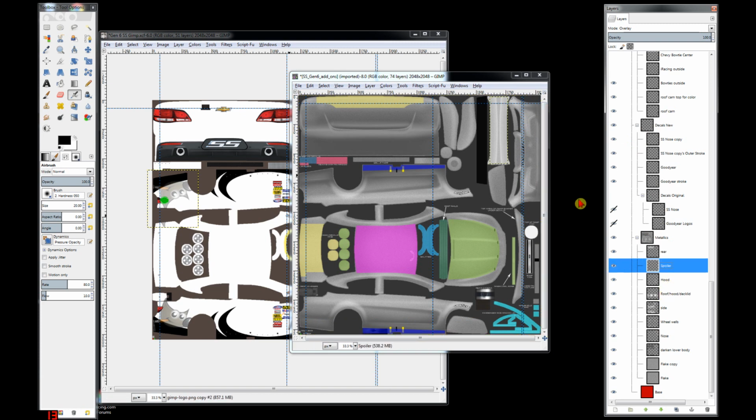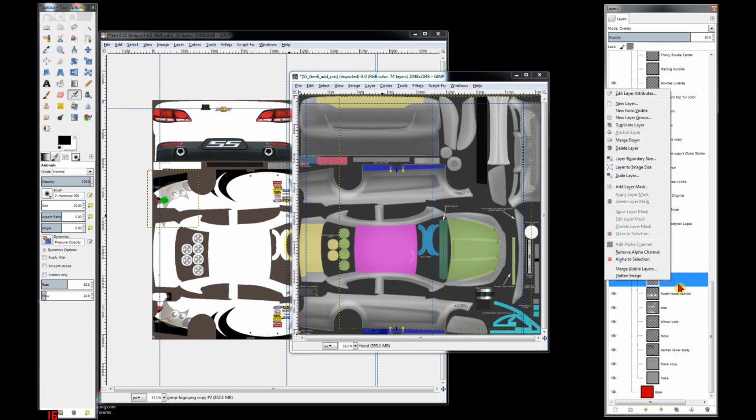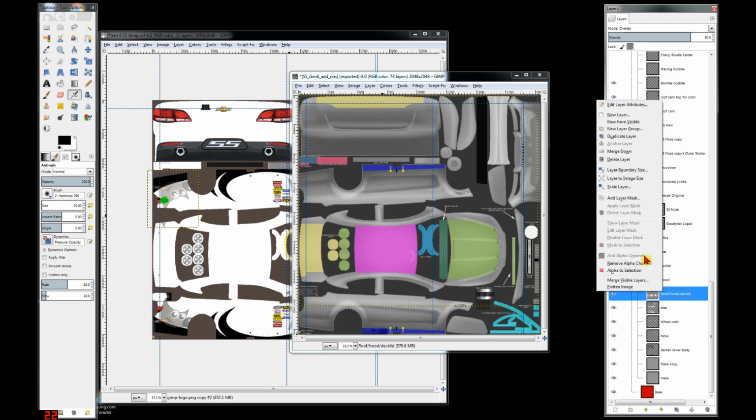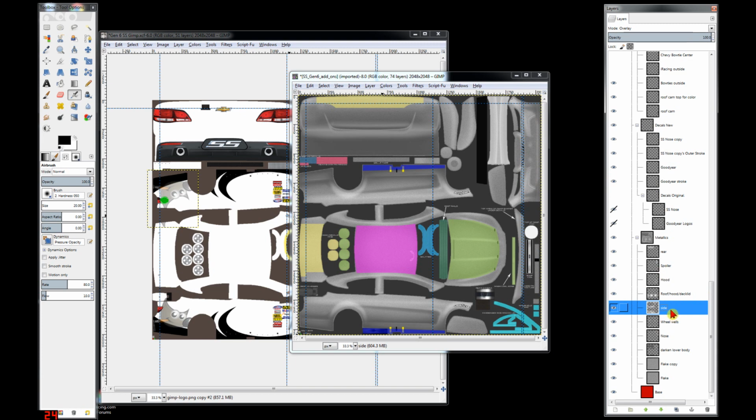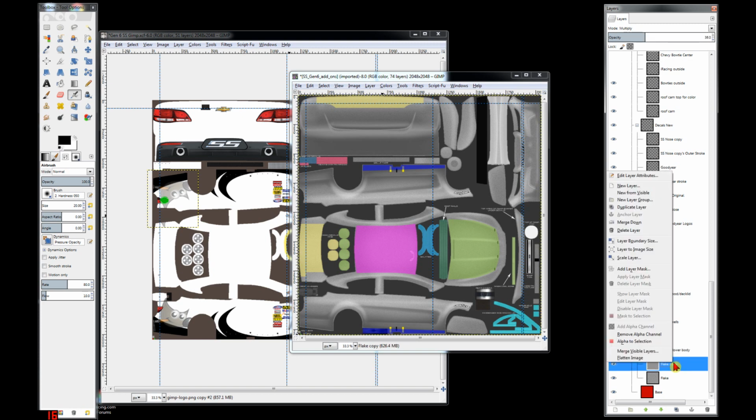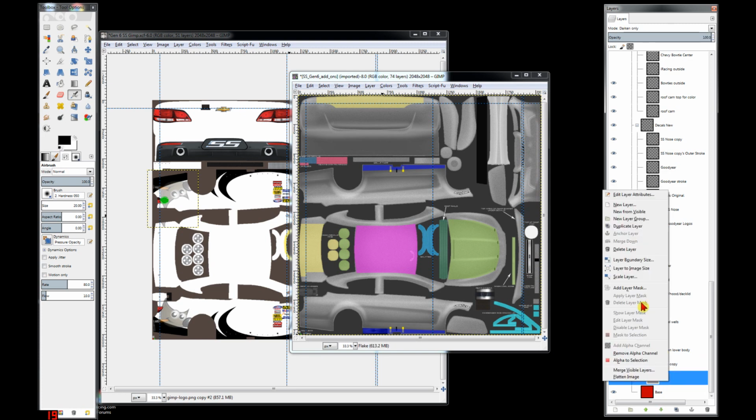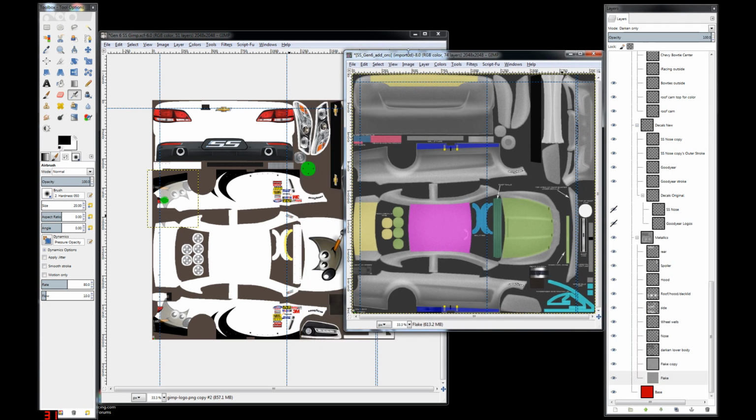Same thing here. Spoiler. You see how it's only here. Right click, I, or Layer to Image Size, and now it's the same exact size. Right click I, right click I, right click I, and we're only doing some of these highlight layers. This darken, I don't use much, but sometimes it's a good thing to use. Flake layer looks like it's already the right size. Now what we can do is move these over individually, and we only have to do it once, and we